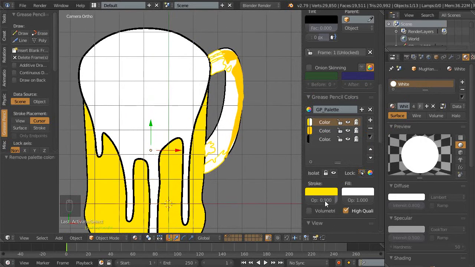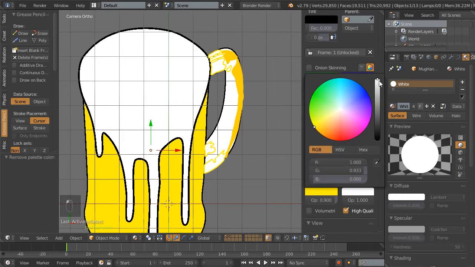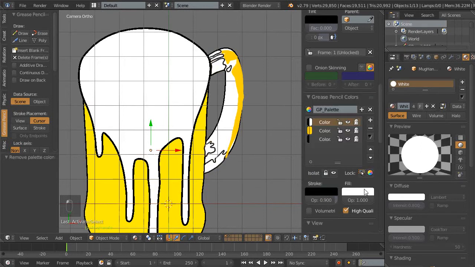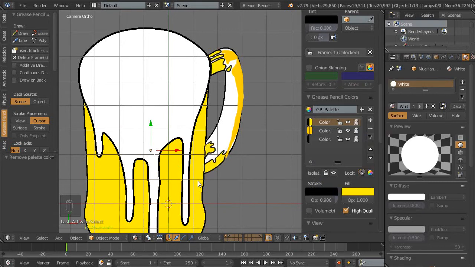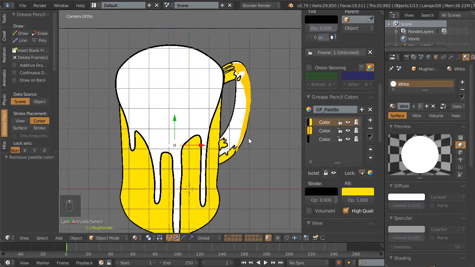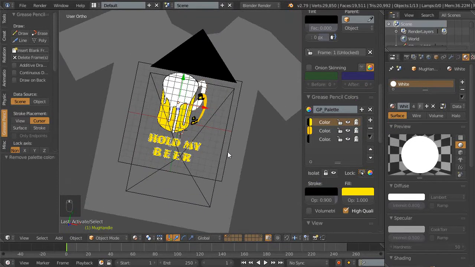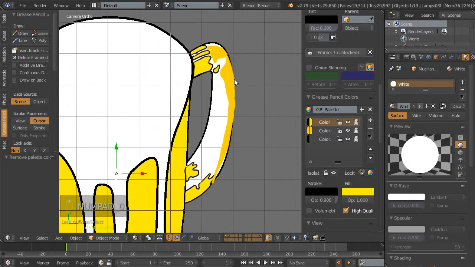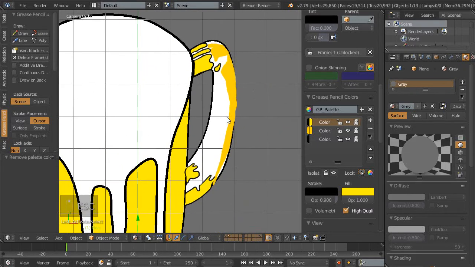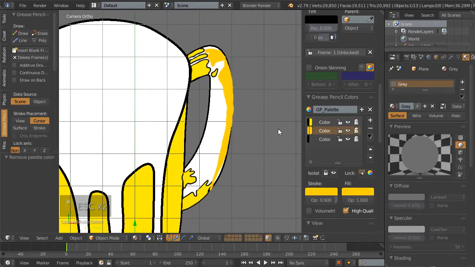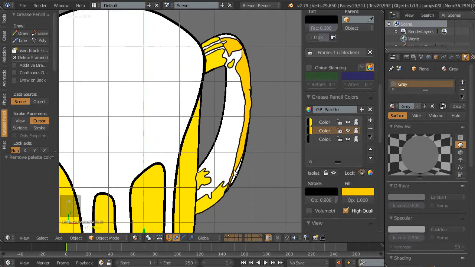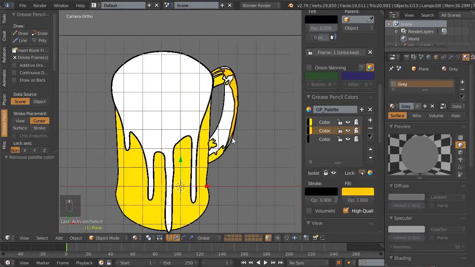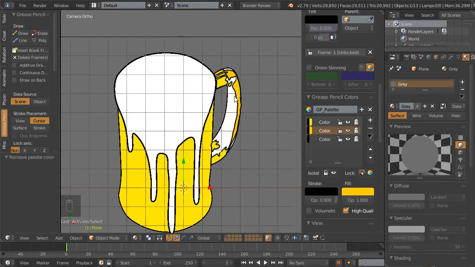I wonder if I were to do this one black and this one that color. Now that's starting to look a little bit more like it. So for this one, I'm trying to select it. So that's this layer right here. The stroke, I'm going to just make it black. And what I'm going to do is then just put some gray